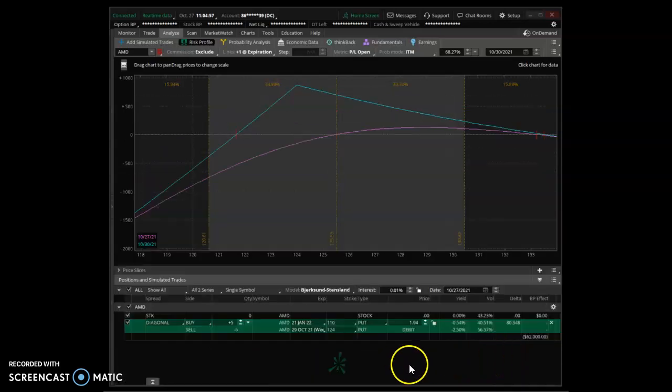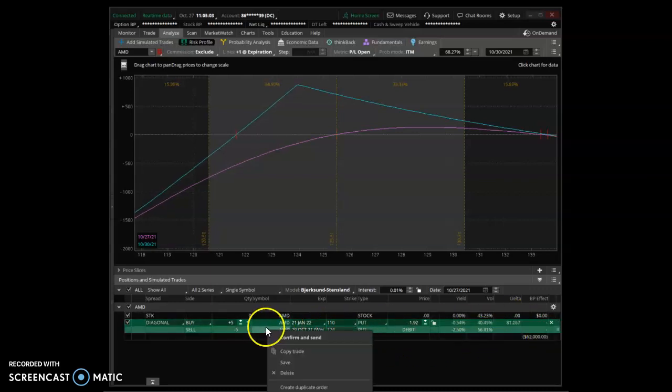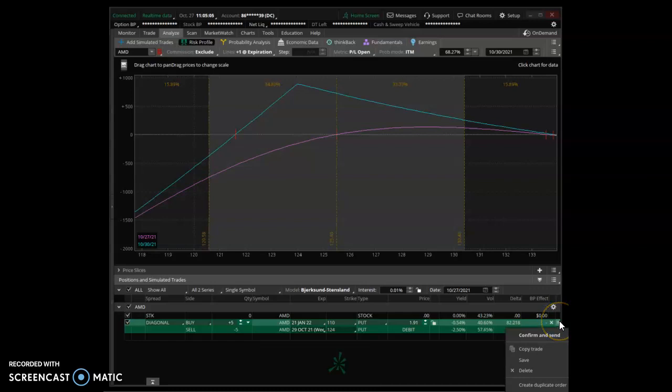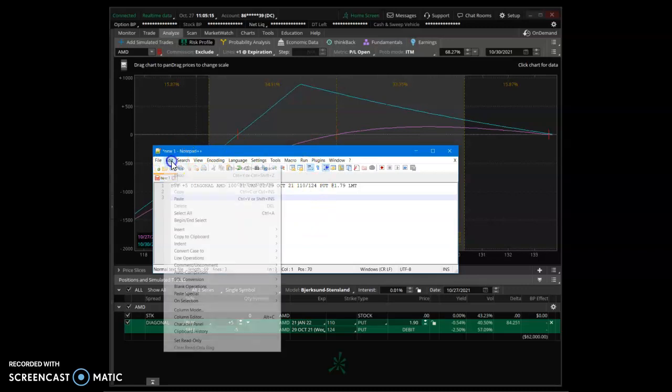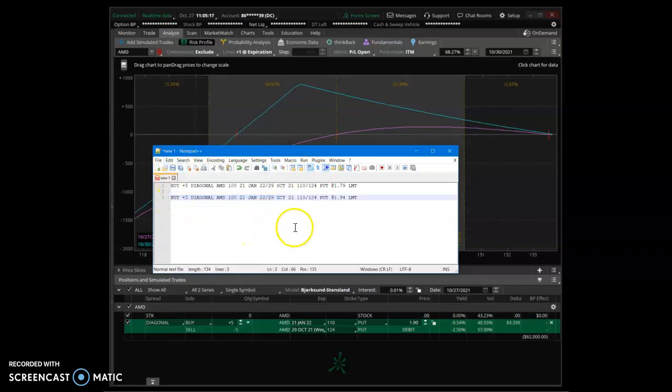One other thing that's real handy now is, let's say that you have a trade that you wanted to share with somebody. You can go ahead and right mouse this again, or click this menu item over here, say copy trade, and then when you go back over to the clipboard, you can go ahead and paste this trade that you just copied right into here. You can see it's a different price than this price right here. So I copied it from this screen right here,